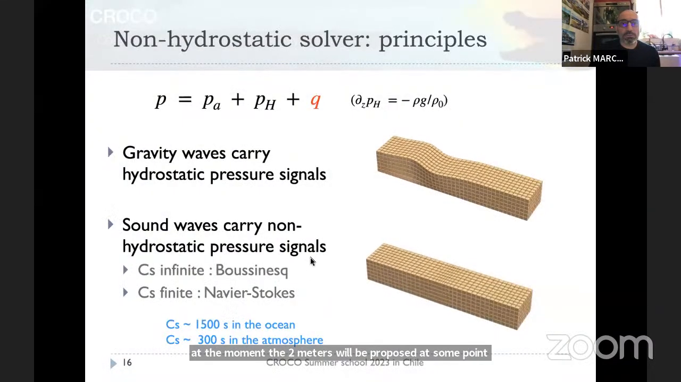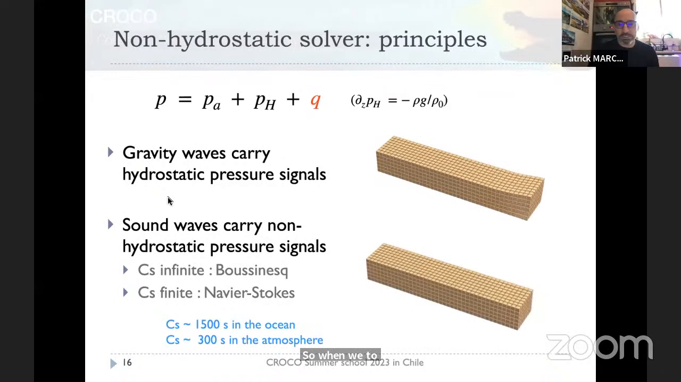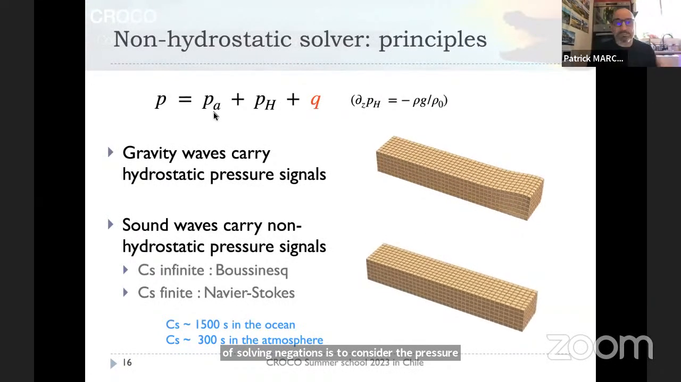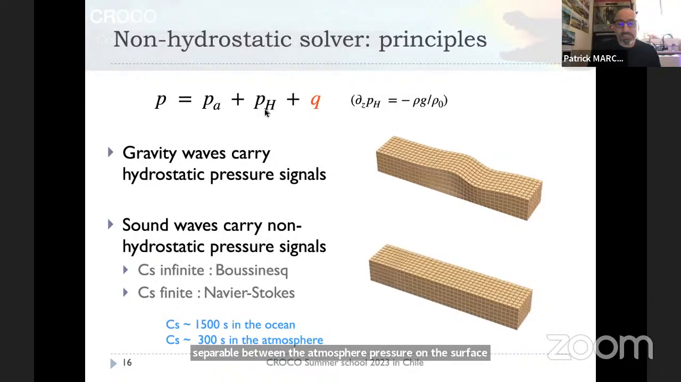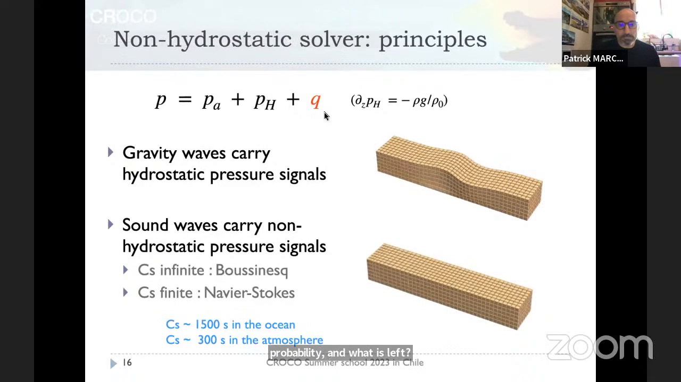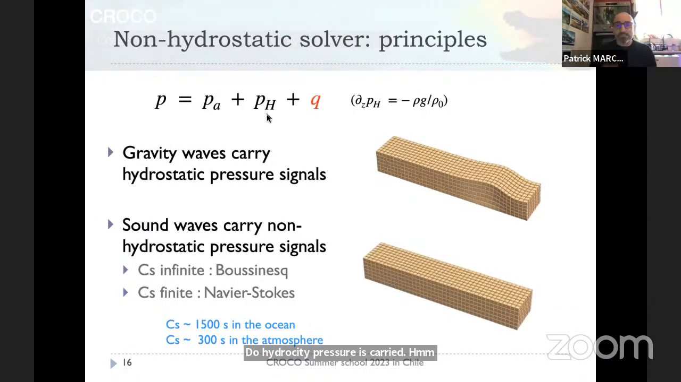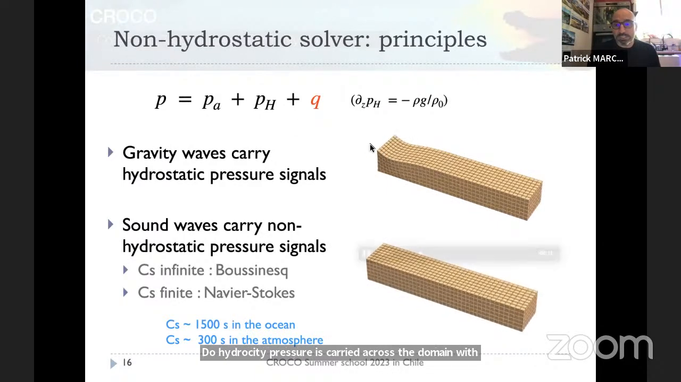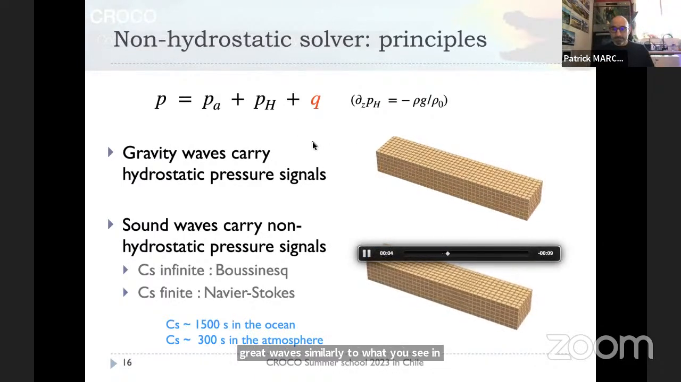So one way to also look at the difference in the way of solving the equations is to consider the pressure separable between the atmospheric pressure at the surface, the hydrostatic pressure, which is in balance with the gravity, and what is left, that is a non-hydrostatic pressure. The hydrostatic pressure is carried across the domain with gravity waves, similarly to what you see in these animations. Gravity waves